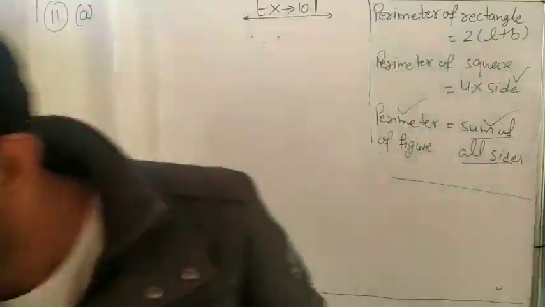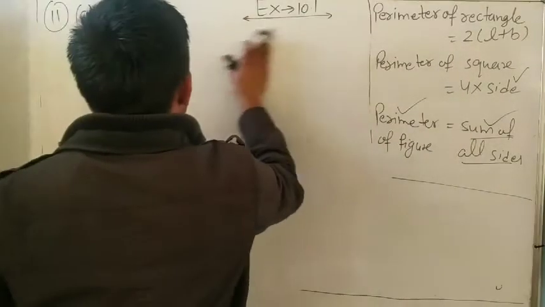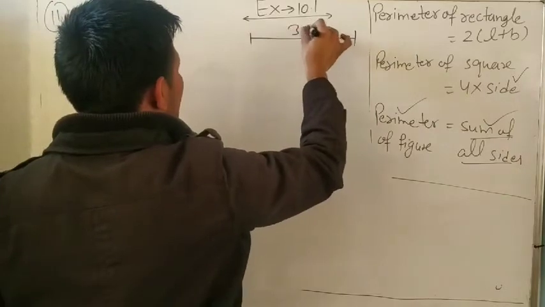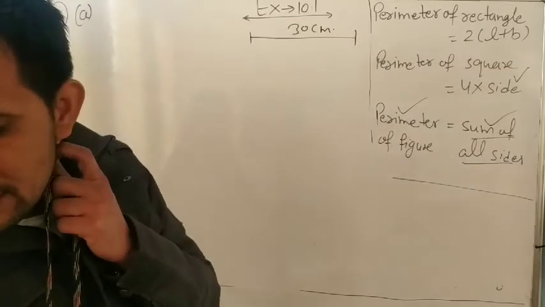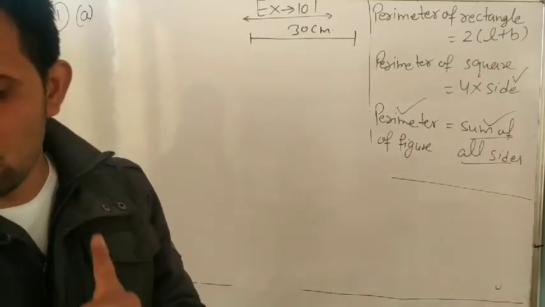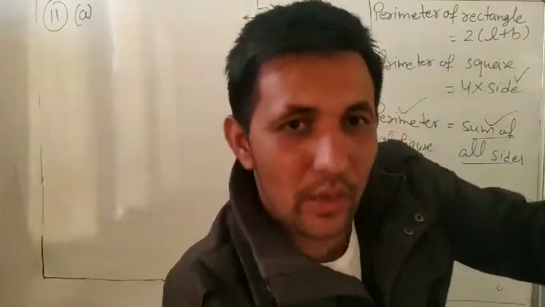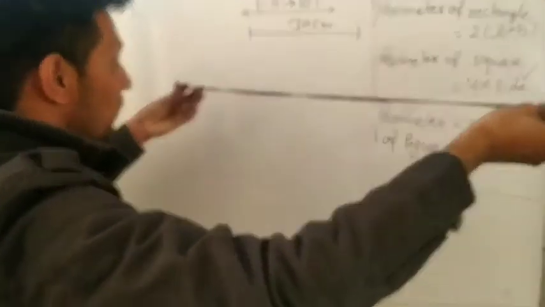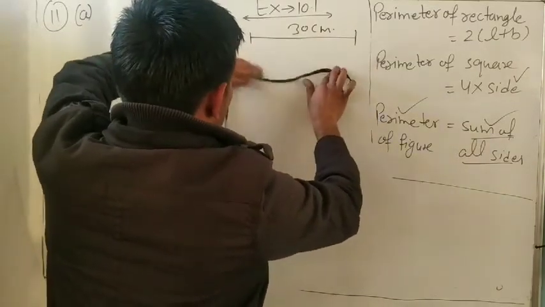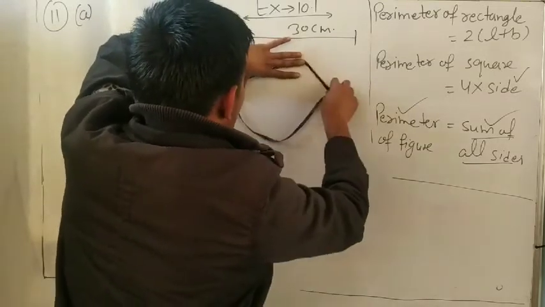30 centimeter. And what will be the length of each side if the string is used to form a square? Yes, tell me. You have been given a string, 30 centimeter. Can you make a square using this string? Yes, why not? Like this one, we can make it like this. Can we fold it in the shape of a square or not? Yes, it is like this.